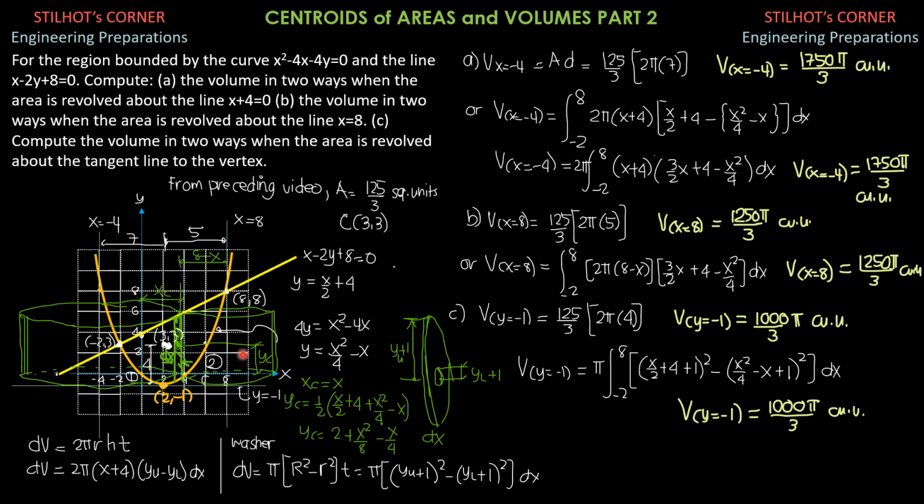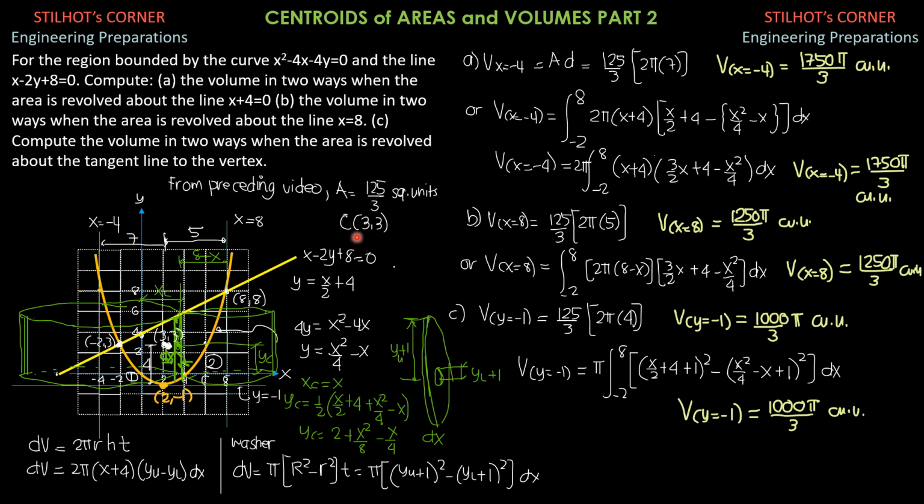For the parabola, which is the lower y of our vertical strip, it is 4y equals x squared minus 4x. So y is x squared over 4 minus x. Although this x sub c, y sub c may not be applicable or may not be applied in our current problem, so sorry for this, but this is part of the solution from the preceding video.